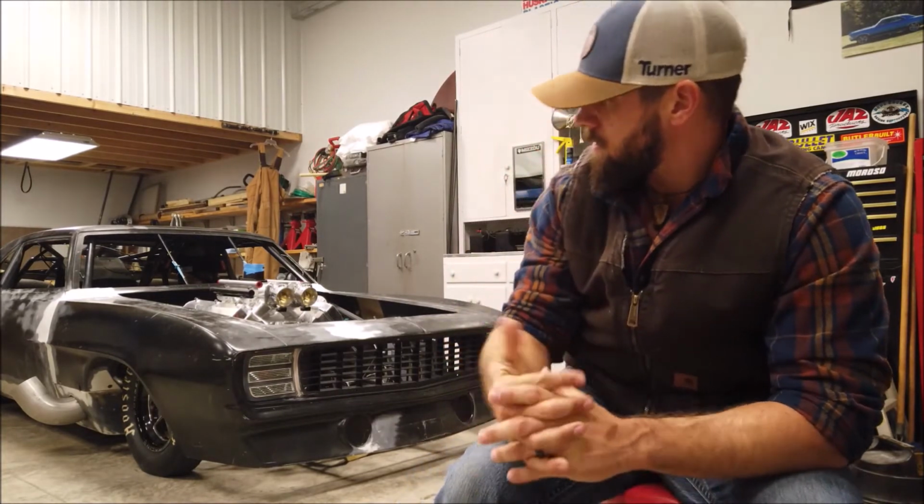We're here in Boonville, Missouri at our shop, the heart of Missouri, and like I said, we've been working on this car for a little over 4 years now, and the reason it's been so long is just because for the past 4+ years I've been living in the state of Iowa for work. I finally got the opportunity to come back